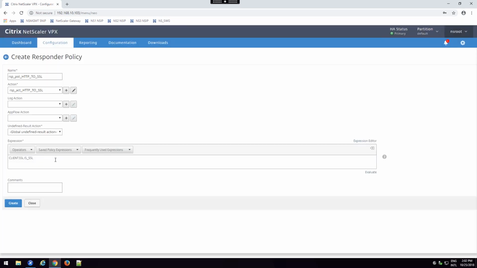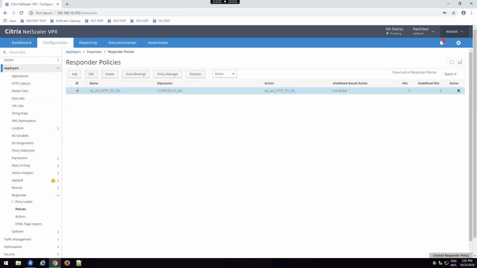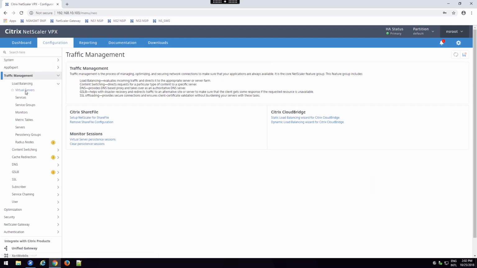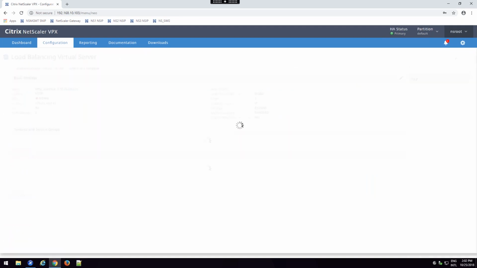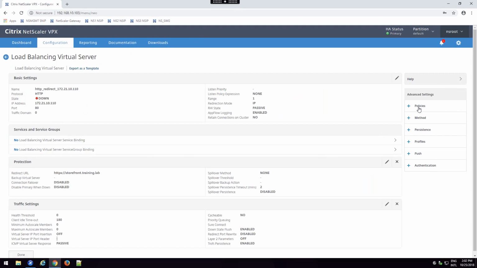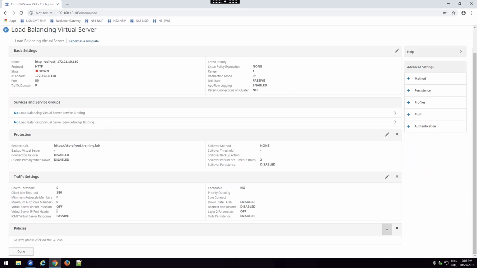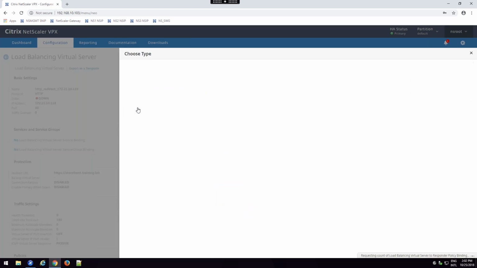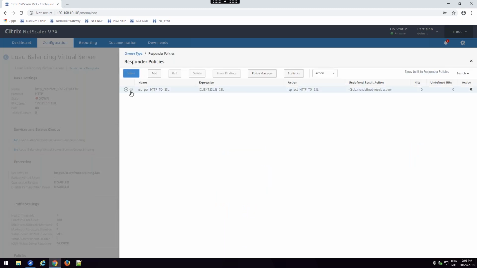This says the client's coming in using SSL, and if I put an exclamation point out here, it negates it to say the client is not using SSL. So I've got a responder policy and action to handle my redirects, and I can very simply bind this to this virtual server. Now this is going to get redirected because of Responder,